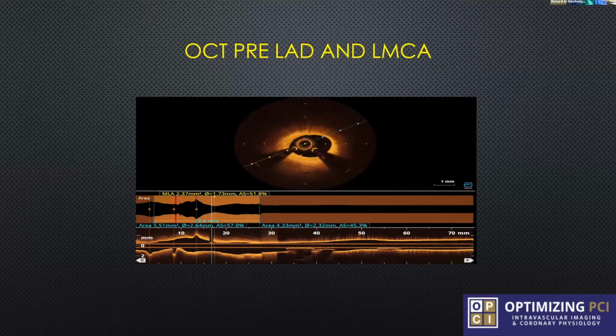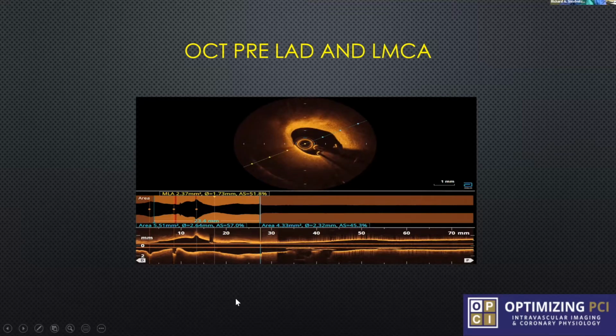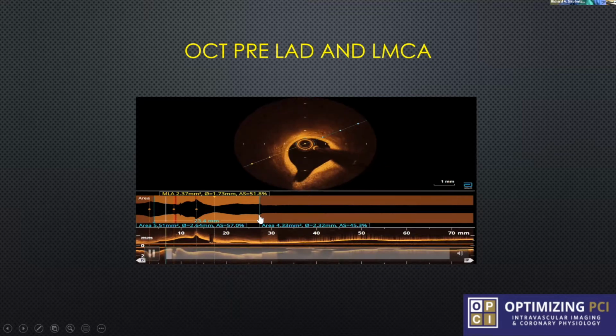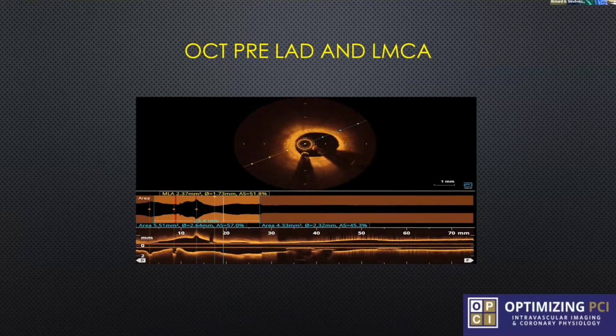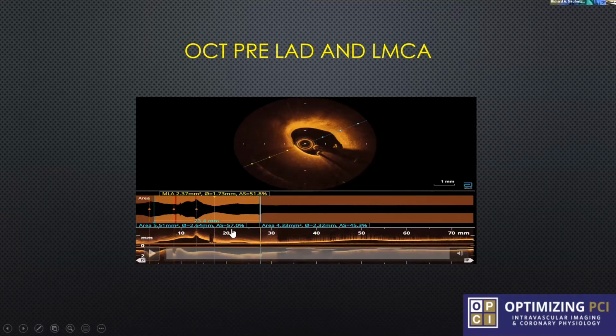What you can see on the OCT here is that the disease goes into the left main. His areas in the left main are significant, and there's lipidic plaque. So I immediately knew I had a problem here. You see that this is the proximal LAD, and we're coming up to a real critical lesion. The MLA is 2.37 in the left main. We went past the origin of the left main with the LAD and circ bifurcation. So I have a problem here: I have proximal LAD disease, I have left main disease, and Richard,